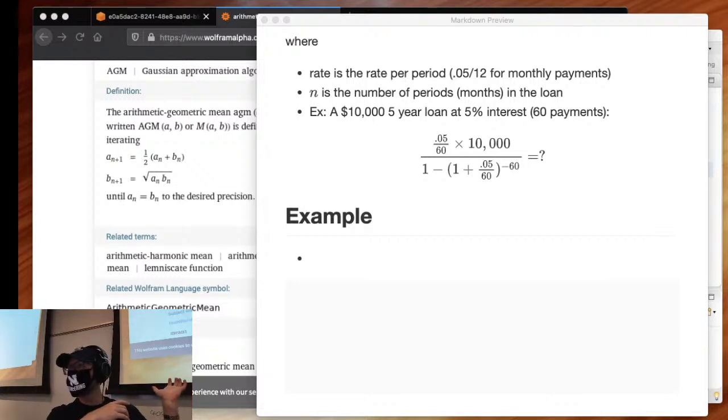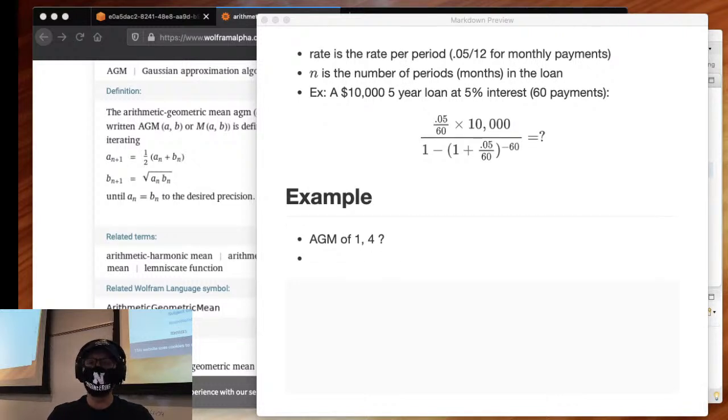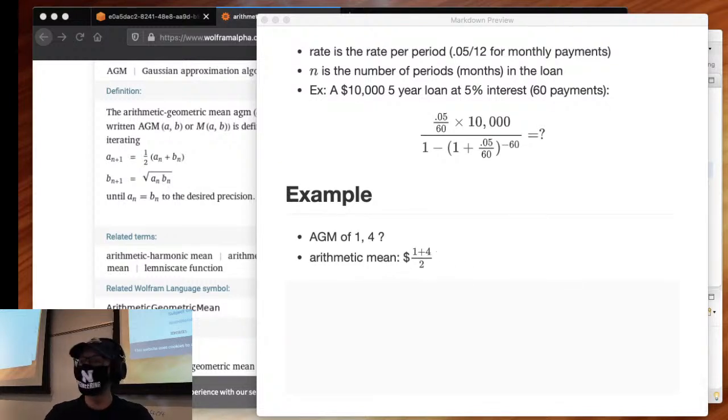Now, I could go up to the whiteboard here, but the audience at home would not be able to see it. So what is the arithmetic geometric mean, AGM, of 1 and, say, 4? Well, first of all, we take the arithmetic mean, which is going to be 1 plus 4 divided by 2, which is equal to